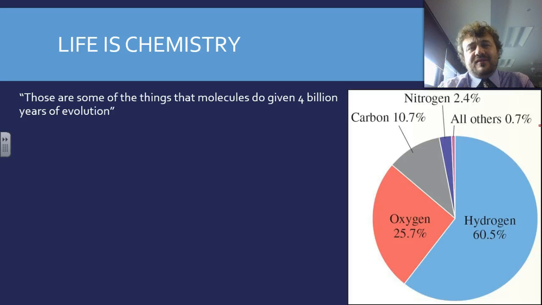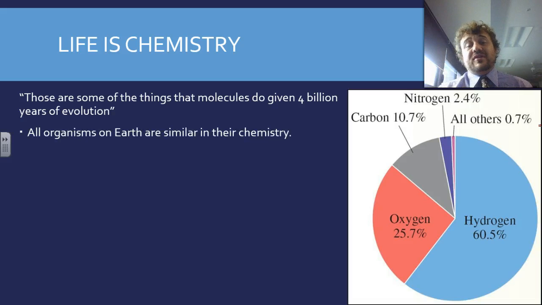What's amazing is if you take helium out of the universe, because helium doesn't interact with many things, you've got a very similar chemical makeup to the universe, and a very similar chemical makeup to the Earth. So basically, all organisms on Earth have similar chemistry. If you're a mammal, or a vertebrate animal that lives on the land, you pretty much have this makeup. If you're a fish, you have almost this makeup. And if you're a bacteria, you have almost this makeup exactly. Plants have a bit more nitrogen, but pretty much that makeup. So that's really cool. All life has a very similar makeup.